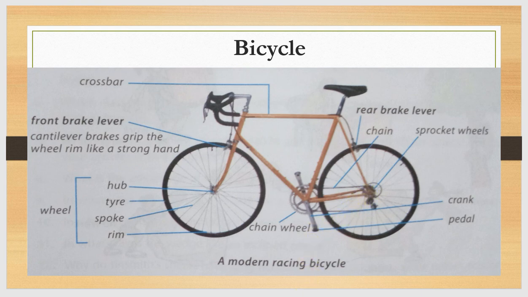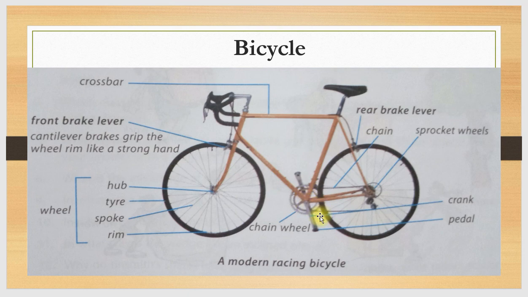For hill climbing, you use a low gear with the smallest chain wheel and the biggest sprocket wheel. This is the sprocket wheel and this is the chain gear wheel. So when you are climbing up the hills, you use a low gear with the smallest chain wheel and the biggest sprocket wheel. You have to make it bigger, and here the wheel should be smaller, then you can climb up the hills